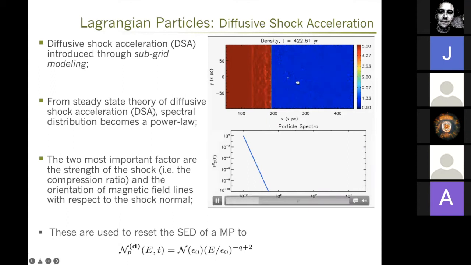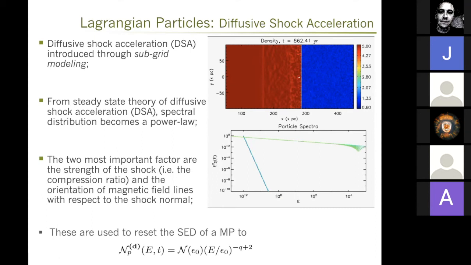Essentially, the particle is staying there. So you can see the particle is represented by the white dot here, and its spectrum is given by this oblique blue line in the bottom. Now, as long as the particle doesn't feel anything, the spectrum doesn't really change. But look now. As you can see, the shock has hit the particle and the spectrum has been automatically changed by using this subgrid recipe, whereby we reset the particle, the macro particle, I should not say the particle, the macro particle, so the ensemble of particles, to the actual Fermi first order distribution for